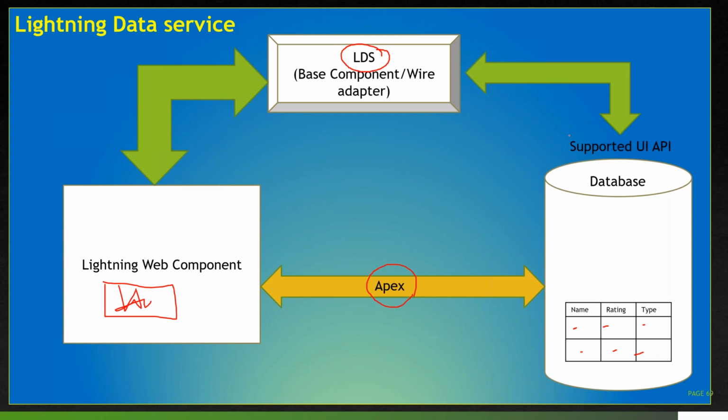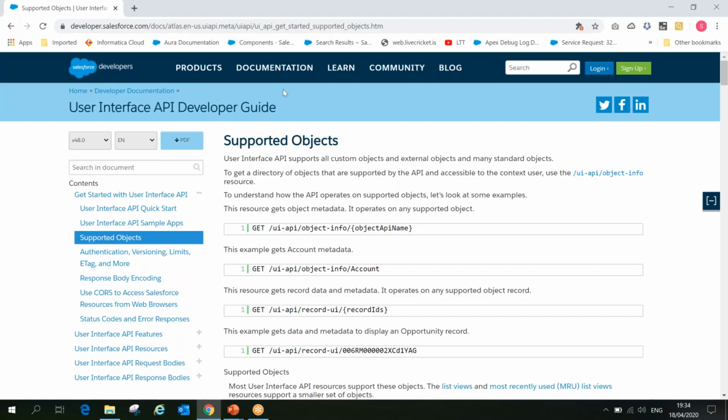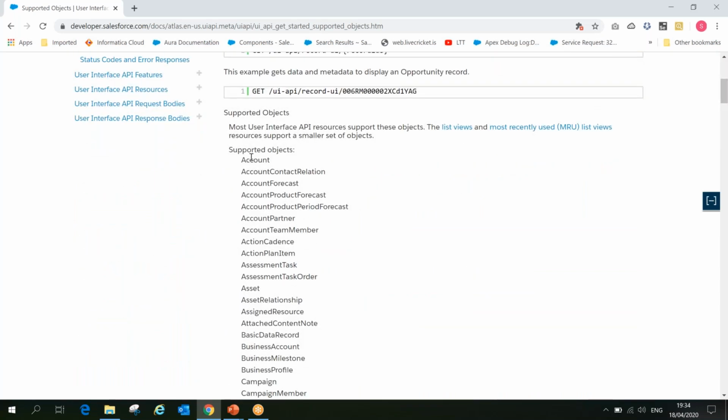But there is one condition: when LDS gets the data, it can access data only from objects that support the UI API. I have shown this before. Let me show you which objects support my user interface API. These are the list of objects. I showed this in the previous session also while talking about web services.